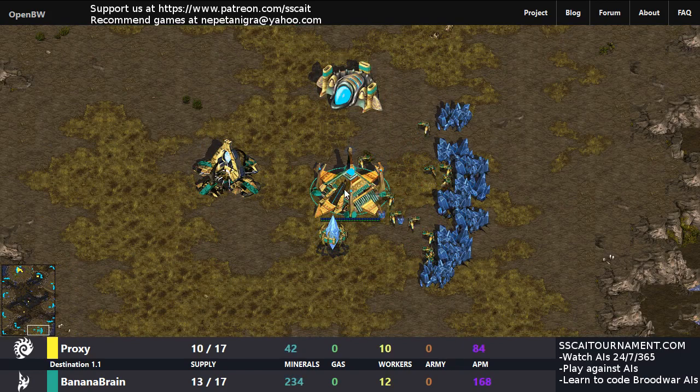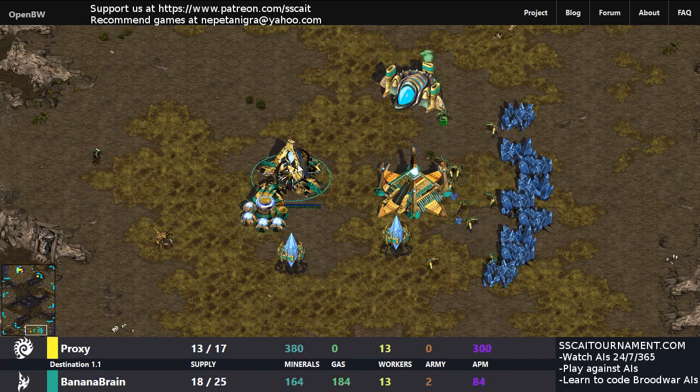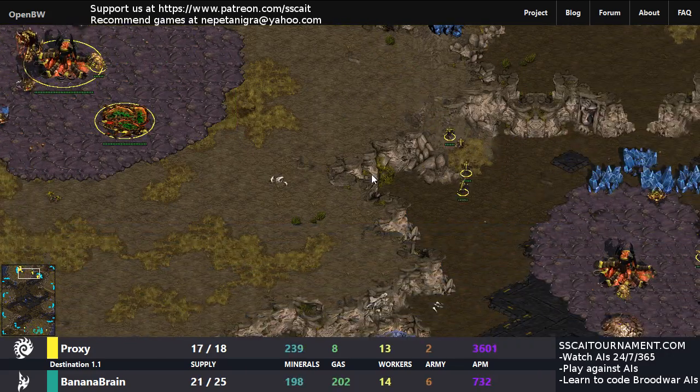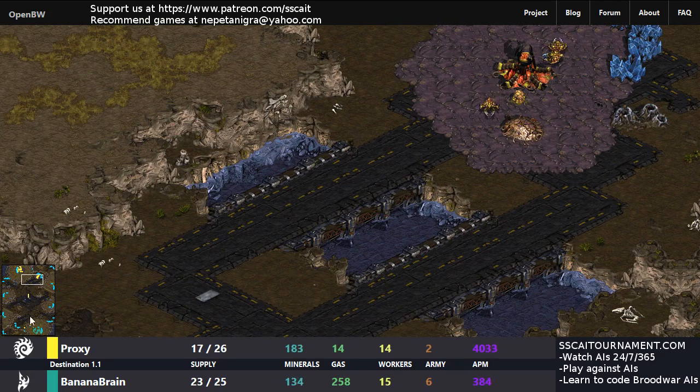Because with Locutus at number 1 and Purple Wave and Hot Pursuit, there is no reason at all why we should count out Banana Brain, because Banana Brain is going to... well, it's a very solid AI, and there is no reason why it should not be able to take games of these 2 players. Proxy starting out with a handful of Zerglings and immediately the defense at home, couple of,